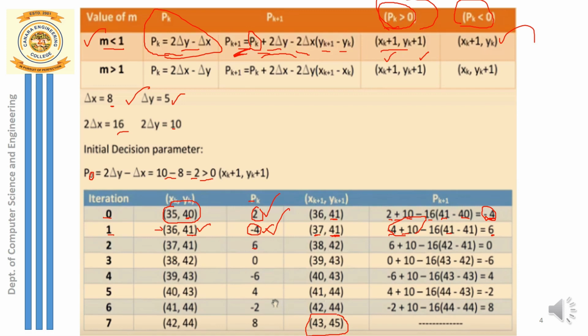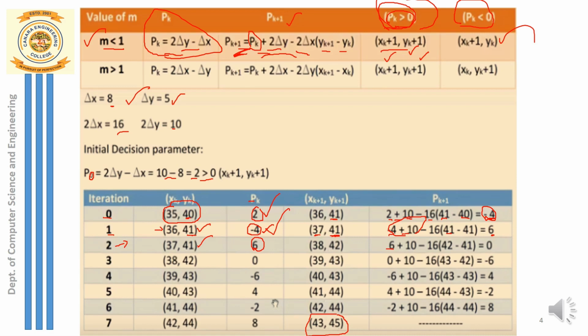And remember, the next coordinate that you have calculated is 37, 41. So now keep it ready for the next iteration. Now we are at the next iteration, you can say it's the third iteration. Your decision parameter is ready, the coordinate is also ready. Now you check the sign of the decision parameter, pk. Is it greater than 0? Yes, this time it is greater than 0. So what are you supposed to do? Just increment both x and y. So both 37 and 41 should be incremented to 38 and 42. Based on these new coordinates, now calculate the next decision parameter value pk plus 1. All you have to do is again substitute the values.